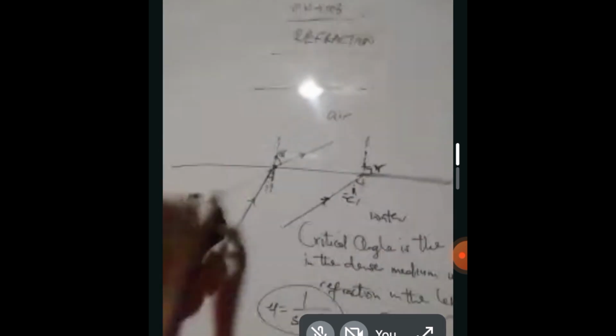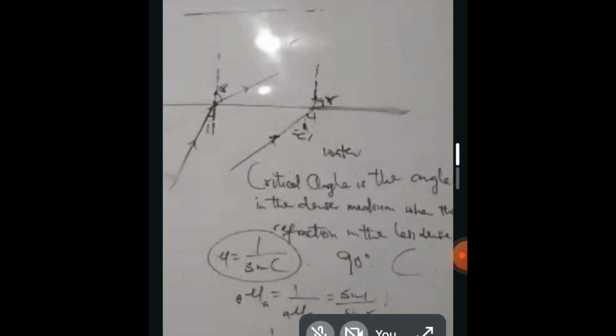total internal reflection. See this thing? Please take a good look. From this place, this is refraction normally. When it's moving, it's refracted out. Now, instead of it being refracted out, because the angle of incidence is already up to the critical angle,